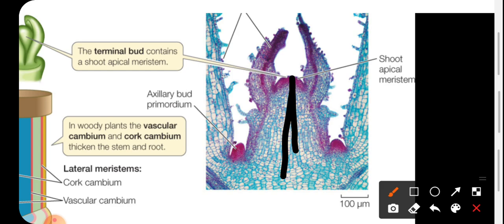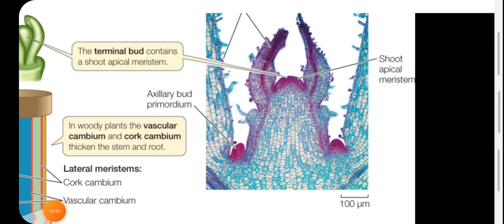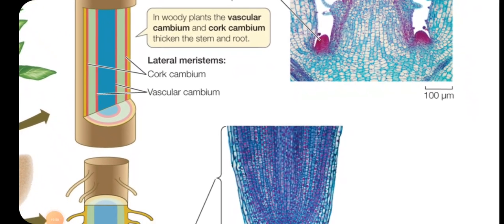The cells and tissues derived from the apical meristem together form the primary body of the plant. After some definite amount of primary growth, secondary tissues are added to the plant body due to the activities of secondary meristems, such as the vascular cambium and cork cambium. These secondary tissues form the secondary plant body. So this is about the SAM. And then the next one is the RAM.